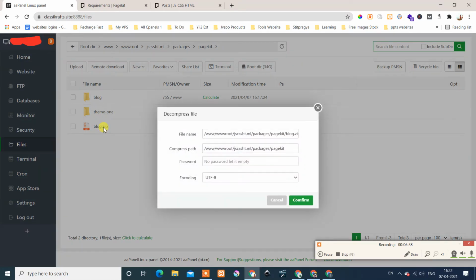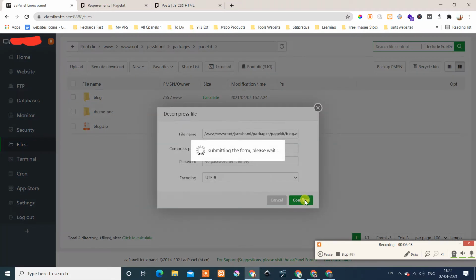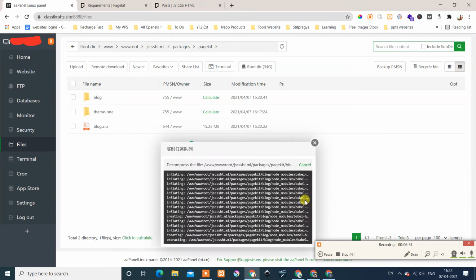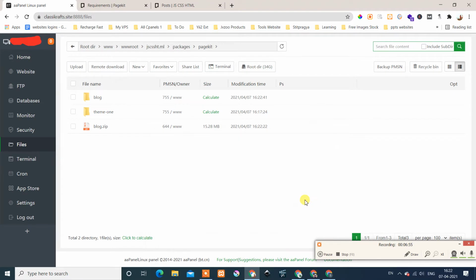If you have another control panel like cPanel, or you may have a different interface, but you have to do the same step. You have to extract it. So it started decompressing. What it does, it replaces the blog, the default extension. So this is the first step. We have just uploaded and replaced this blog folder. So next step is